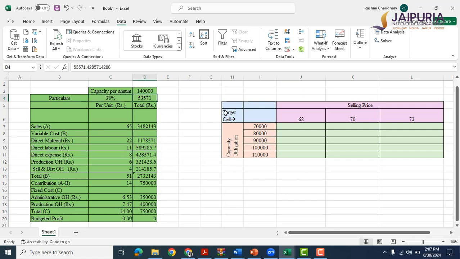So let's change it to initial data, that was 70,000 units. So at 70,000 you were earning a profit of 2,30,000. So this was the goal seek function, wherein you can set your goal and by changing any particular sale. So for the first time we did sale at a desired profit. My desired profit was 4,26,000. So for 4,26,000, you need to sell 84,000 units, and for a no profit, no loss situation, it was at